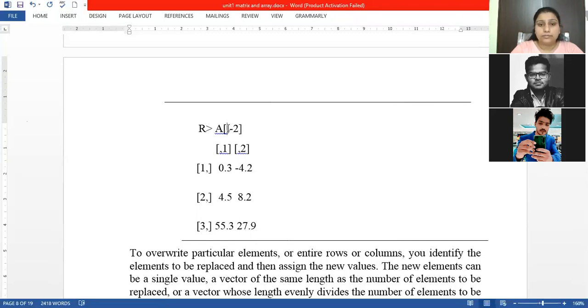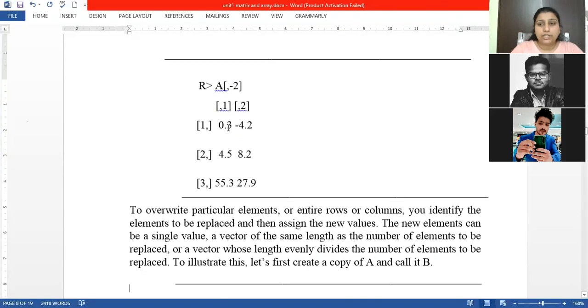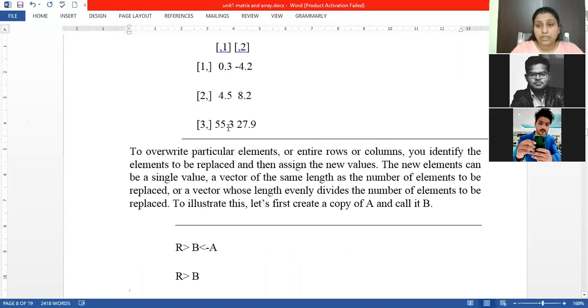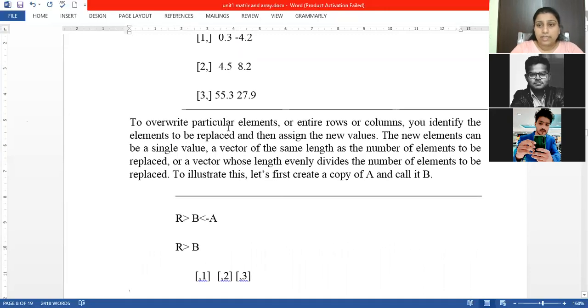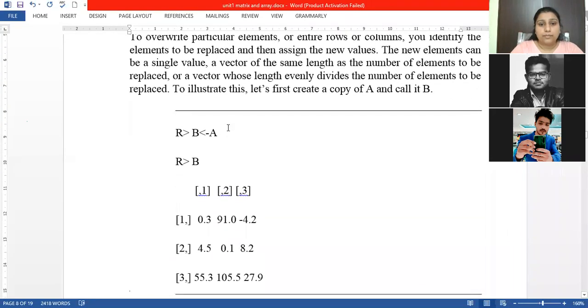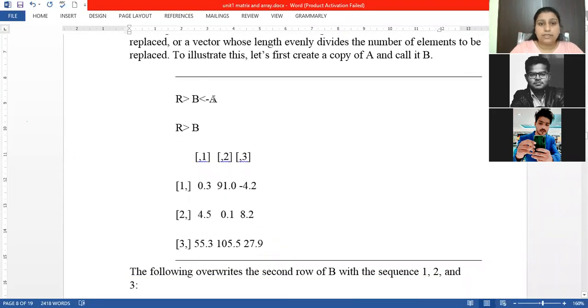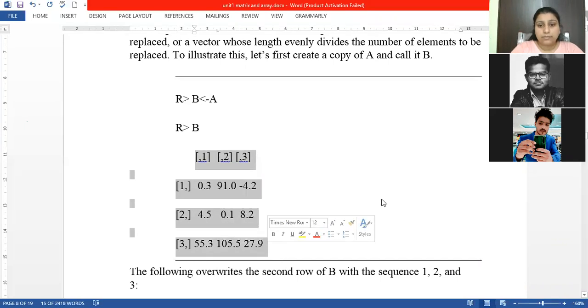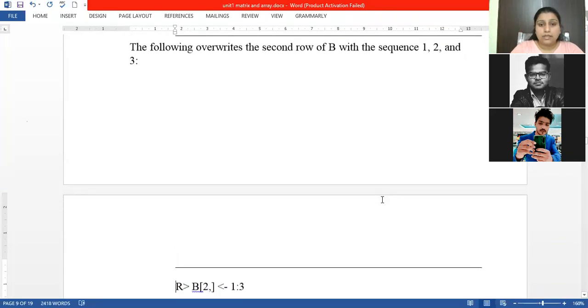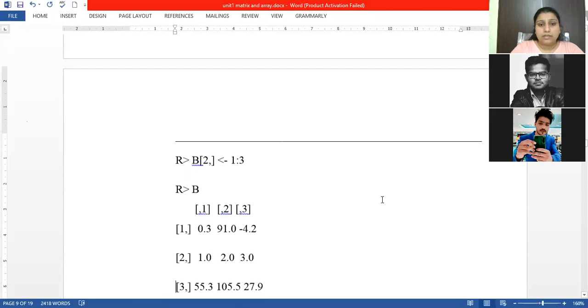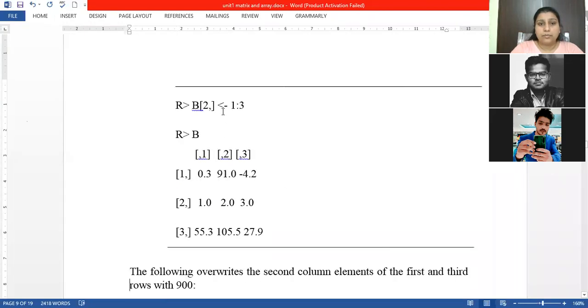Suppose you want to change the value at a particular location, then you have to identify that location and insert the new value. First, I have copied this A matrix into another matrix, the B matrix. Both matrices are now the same. We just want to change our second row by a sequence 1:3.